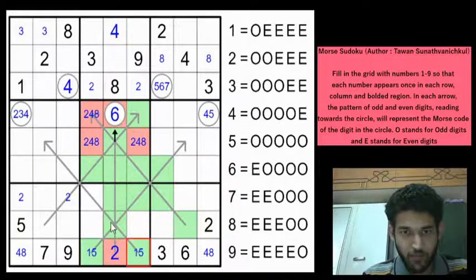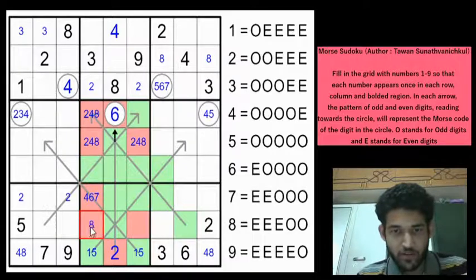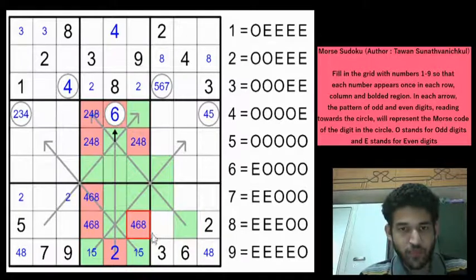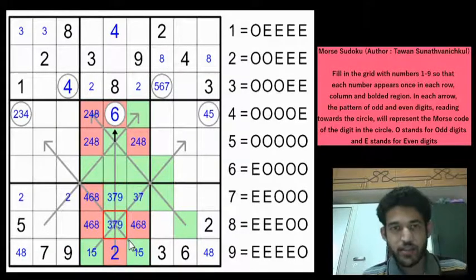Okay, now we have marked 5 odd digits in box 8, so we need to place 3 more even digits, right? So we can highlight these cells as even. They are going to contain only 4, 6 and 8, because 2 is already in the box. And now these 3 cells will be 3, 7, 9, because the 1, 5 pair is there, so this will be a 3 or a 7. This will be 3, 7, 9, and this is going to be 3, 7 and 9.